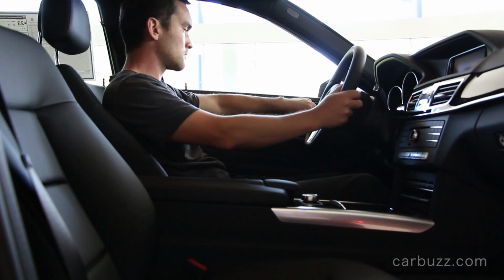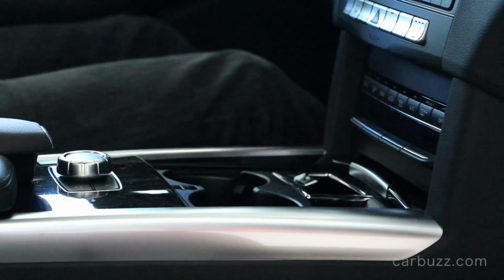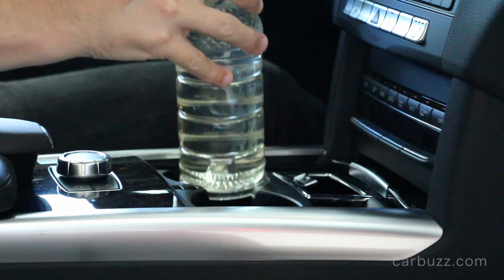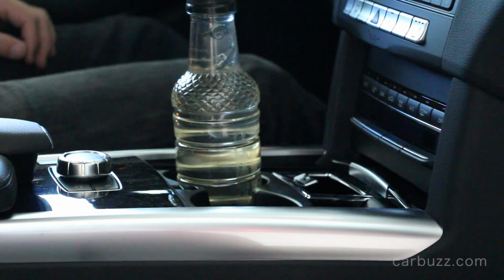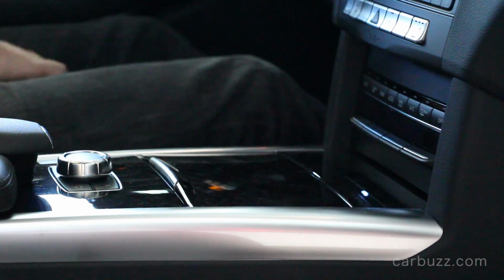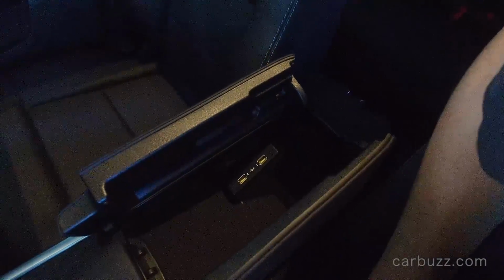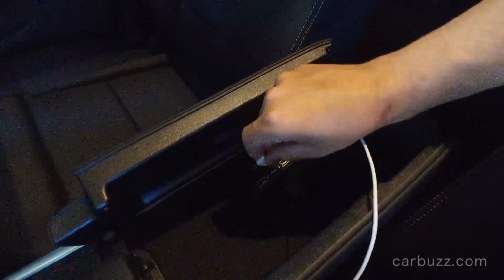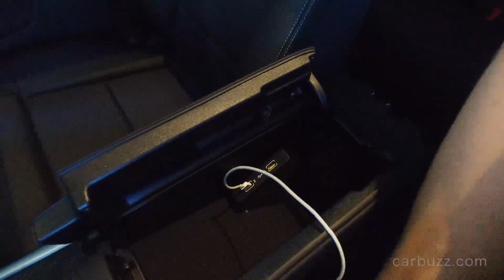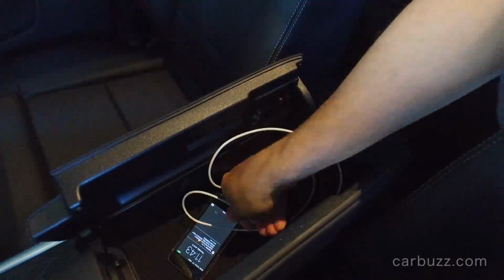And in terms of what I like and don't like about the interior, it's very straightforward. I know BMW, for comparison, their dashboards are slightly angled towards the driver. That's done because BMW has more of a driving heritage, and in fact, BMW didn't even really build luxury cars until about a couple decades ago. They were more into performance, but Mercedes-Benz has been building premium and elegance for decades. And when it comes to the dash design of this E350 here,